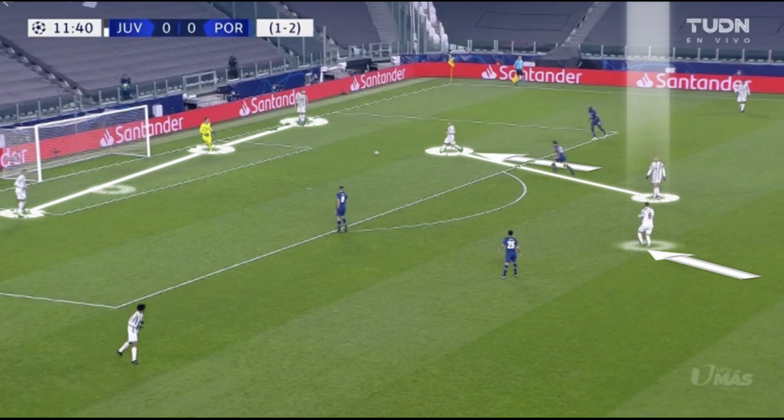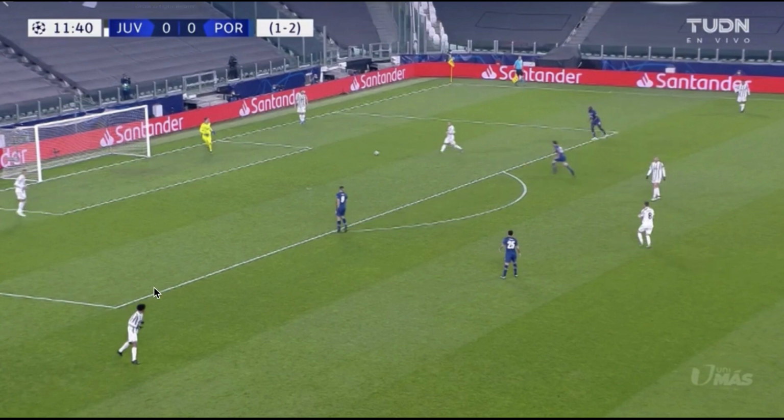So as the Porto players would then jump to press the ball into a higher area, Ramsey would then come closer to the first line of pressure to offer a shorter option pass to then break this pressure in a more controlled way. Juventus also played with deeper fullbacks and more narrow fullbacks, using minimum width to then decrease the